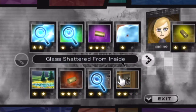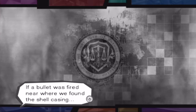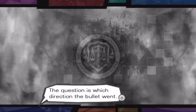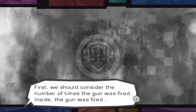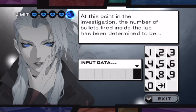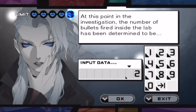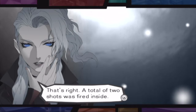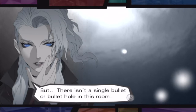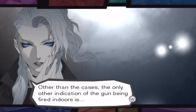What could have shattered this? Well, a bullet, obviously, but if a bullet was fired where we found the shell casing, the question is which direction the bullet went. First, we should consider the number of times the gun was fired. Inside, the gun was fired 2 times. Oh boy, we get to use this fancy thing that was used only for giving us really small numbers. That's right. A total of 2 shots was fired inside. But there isn't a single bullet or bullet hole in this room. Other than the cases, the only other indication of the gun being fired indoors is...